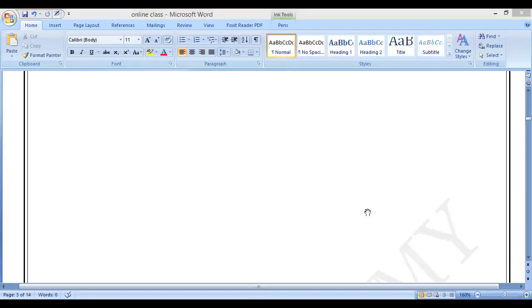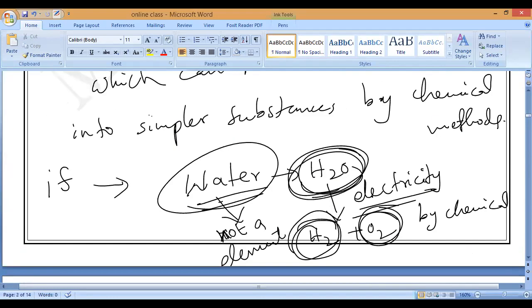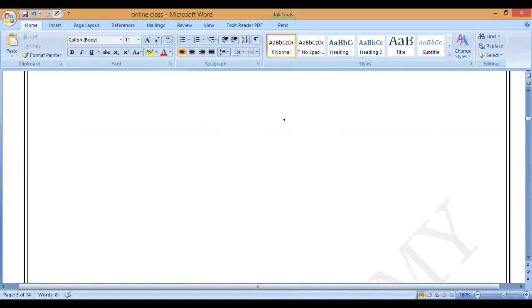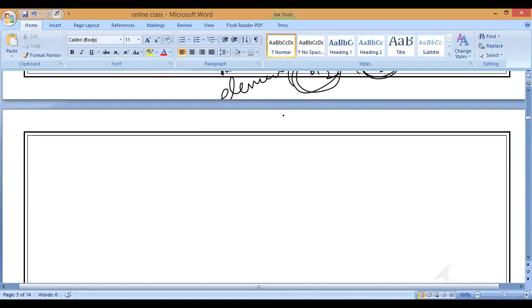Please tell me, what is not an element? Water. This is what I said: an element means a simple substance which is not possible to divide further into two or more simpler substances by any chemical methods, like using heat energy, light energy, and electrical energy. Now, this is the first point. Any doubt in this? All of you ask me, Sai, Pradosh and all. Now let us come to the second point.